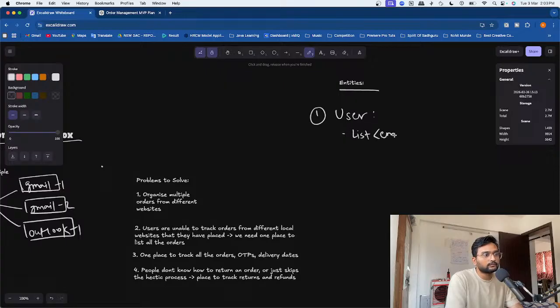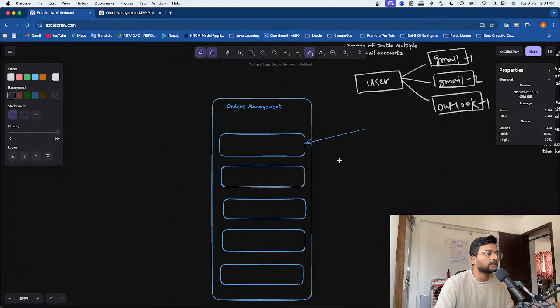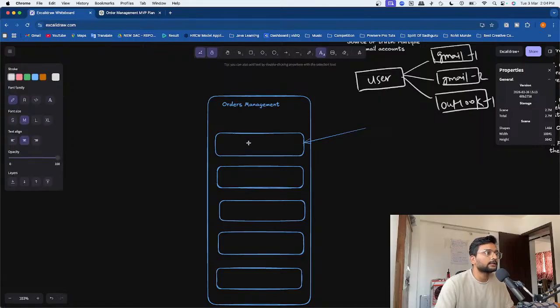List of emails. Okay, that's for sure it will have. And from that list of emails, I'm not sure, should we directly connect a list of emails? Yeah, we have to connect multiple lists of emails. What else can we have for the user? See, in this one I have to show the things, I'll write it here, what I have to show is like